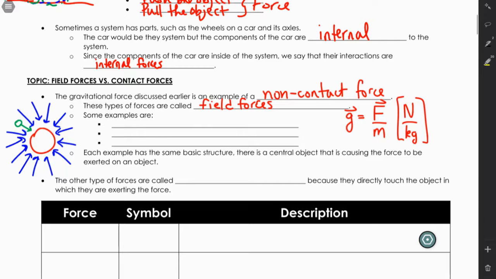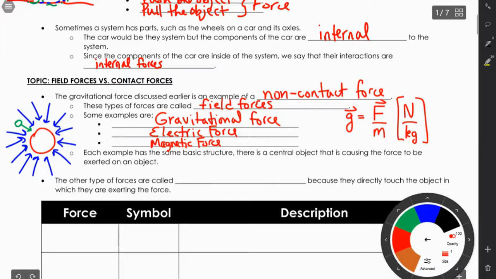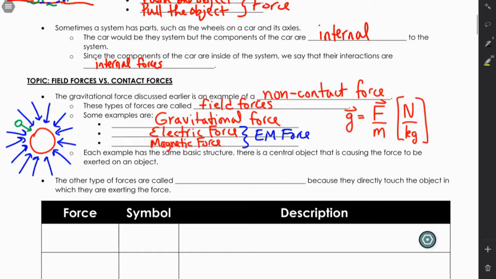Some examples of field forces: we talk about the gravitational force, and notice I'm not necessarily calling it gravity, but the gravitational force. We have the electric force as another field force, and the magnetic force is the third field force. The last two, electric and magnetic, get lumped together into one big force called the electromagnetic force, and we'll get into that later. Basically, they behave the same way and look the same way. You can actually get one